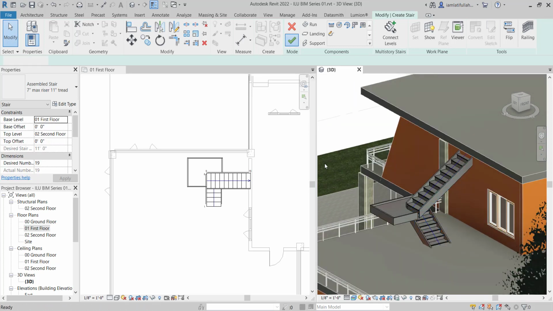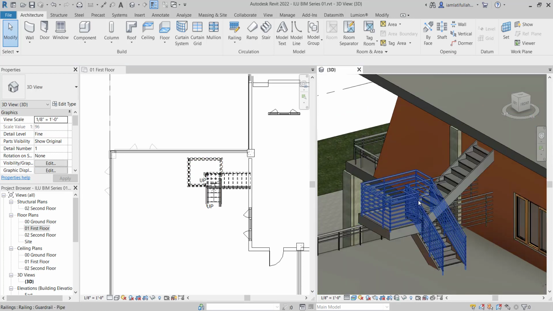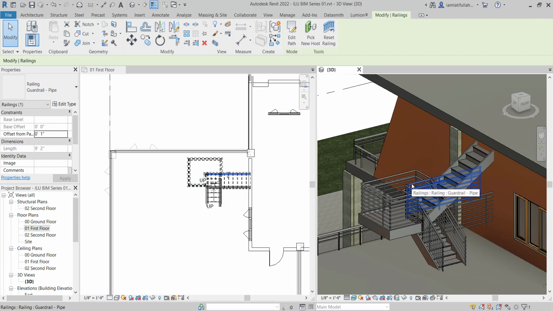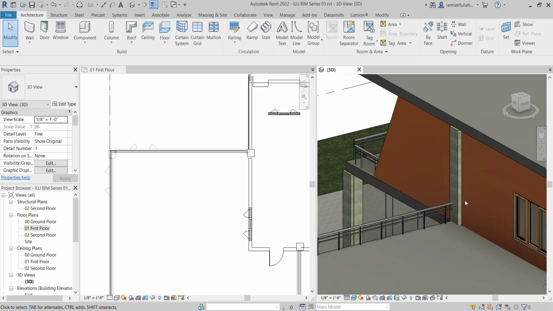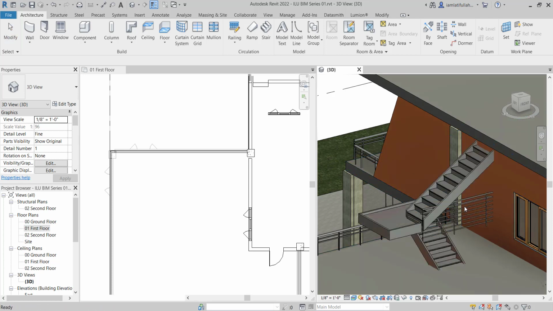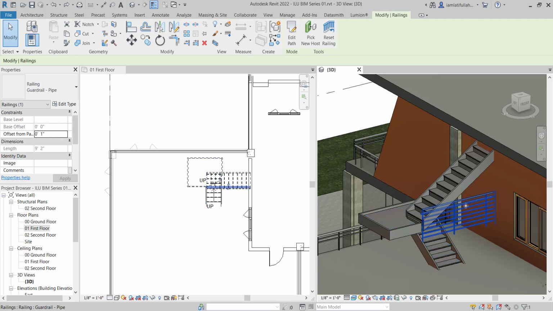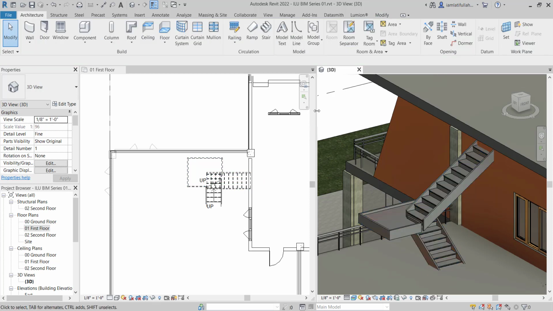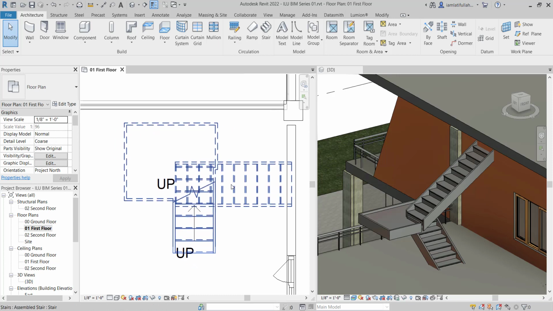Now if you want to add a railing to it, you see automatic railing is added to it. If you want to change it, you can also change, and you can also delete this. Okay, sorry, I've deleted everything. So let me delete. You can change the selection by just highlighting one figure and then clicking on tab to select the another one. I'll delete this railing, and now if I want to add a railing to these stairs